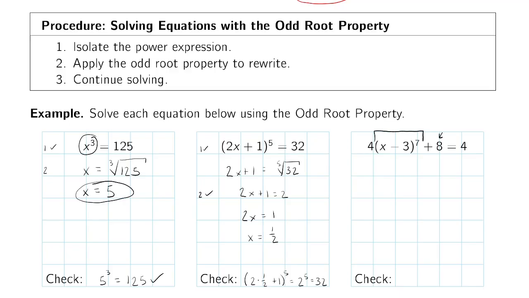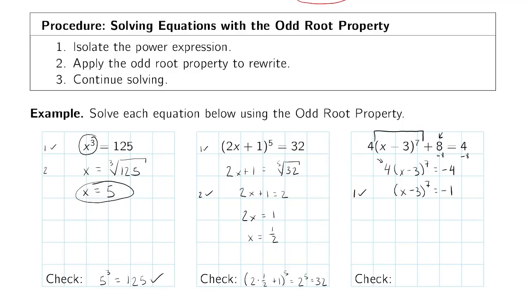We'll subtract 8 on both sides. And then we need to get rid of this 4. We'll divide by 4 on both sides. So now we have isolated